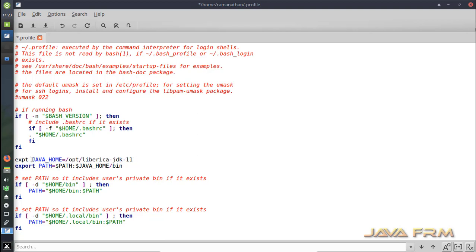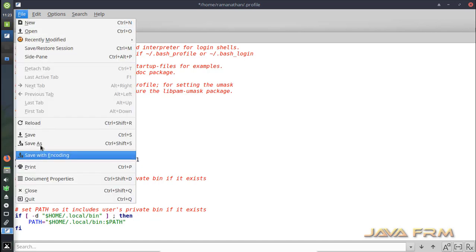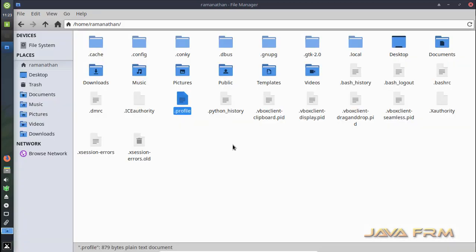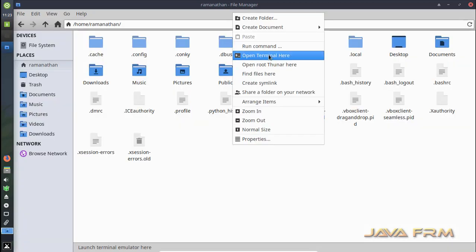So this is the syntax for JAVA_HOME environment variable, and I appended the JAVA_HOME/bin to PATH variable so that Liberica JDK 11 executables will be available in the terminal of the current user.